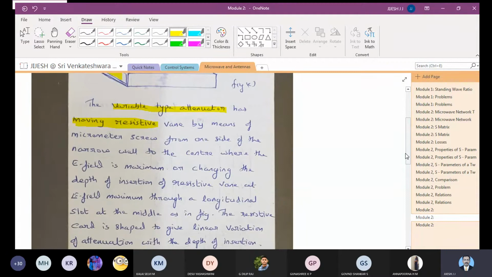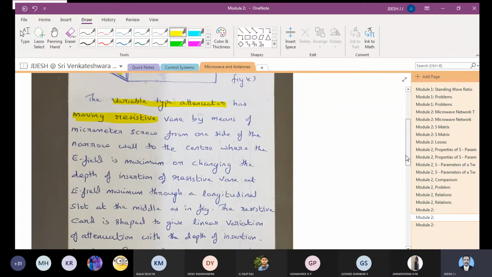Like, you don't need so much power to be transmitted to the other side, so you need to absorb. You have to increase the resistive film, and you have to take care of the attenuation process. That is what you can see if you do the lab experiment. It will be pretty clear to you how the signal gets absorbed, and what finally comes. You can see that as and when you give more attenuation, the signal strength keeps decreasing. When we get an opportunity, we'll see that.